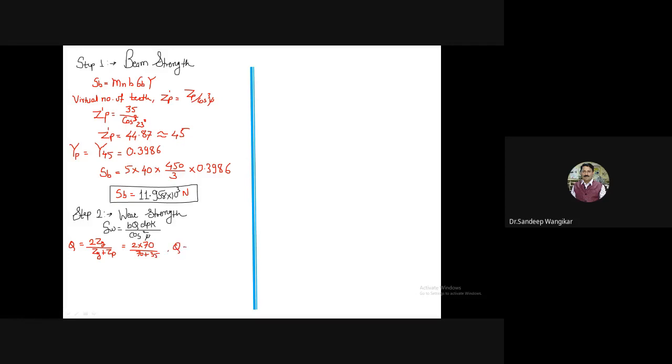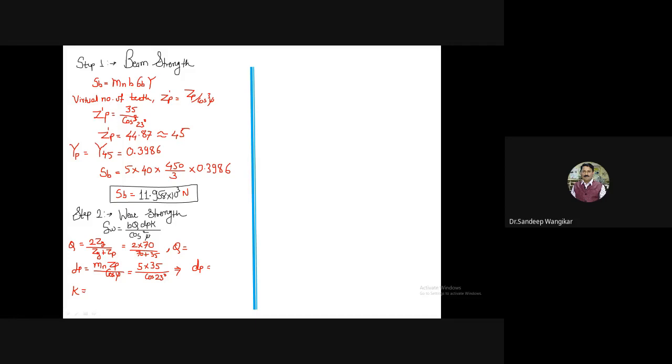This will give you Q is equal to value. Then dP is equal to MNZP divided by cos of psi. So I will write down 5 into 35 divided by cos of 23 degree, and this will give you the answer dP is equal to. And finally, as both the gears are made up of steel